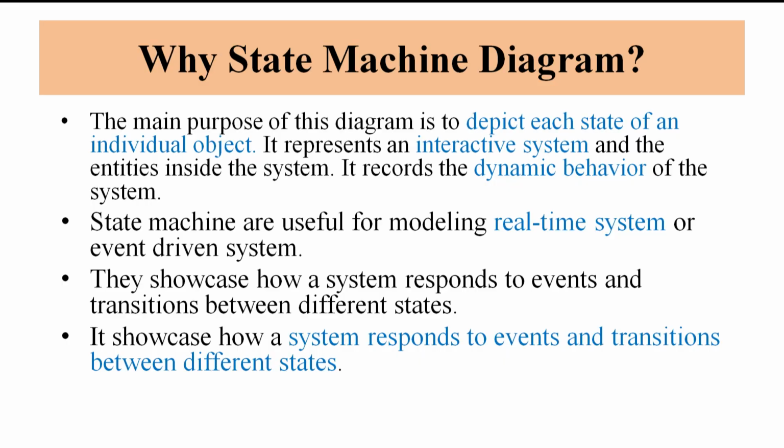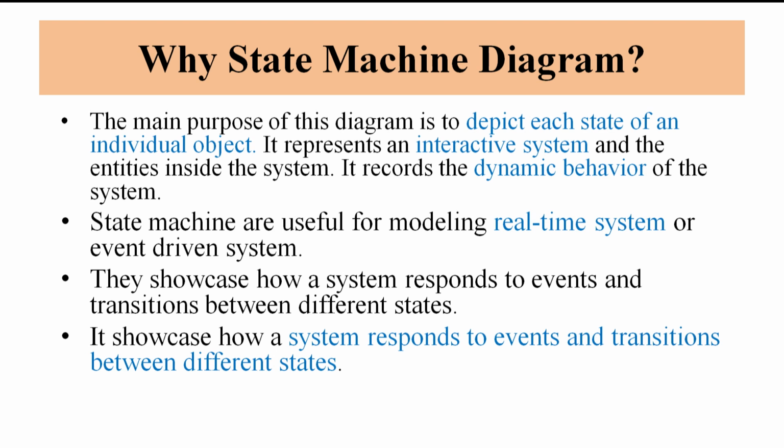That subsystem may be a composite object, that subsystem may be a package. So it all depends on what kind of modeling you are doing and for what kind of solution you are looking to get the diagrammatic representation or state machine diagram. Now one question arises: if we can do these many things, then how can we answer one specific question, why state machine diagram? As I said, the main purpose of this diagram is to depict each state of